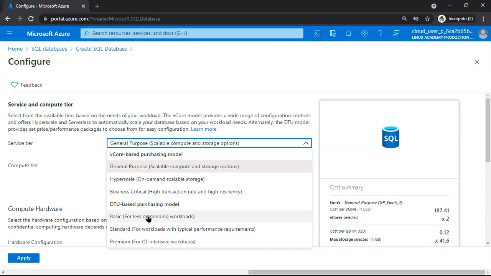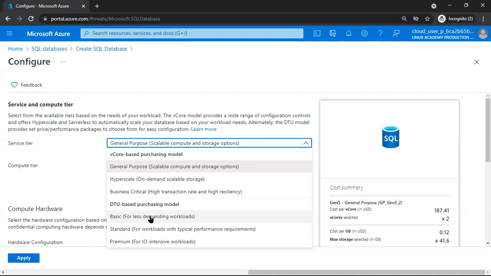In case of basic, we can have 5 DTUs. DTUs are nothing but database transaction units per second, so 5 DTUs means 5 transactions per second.